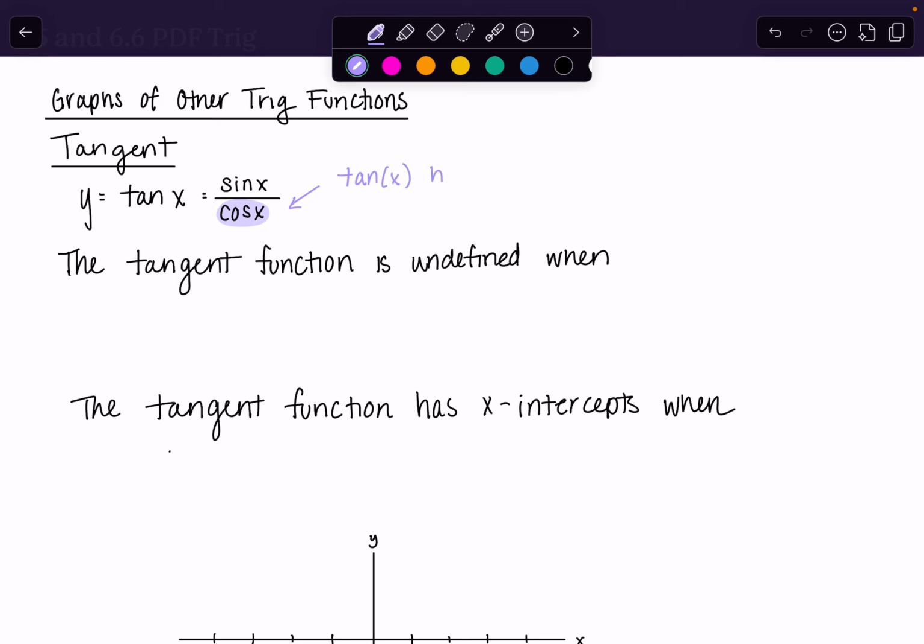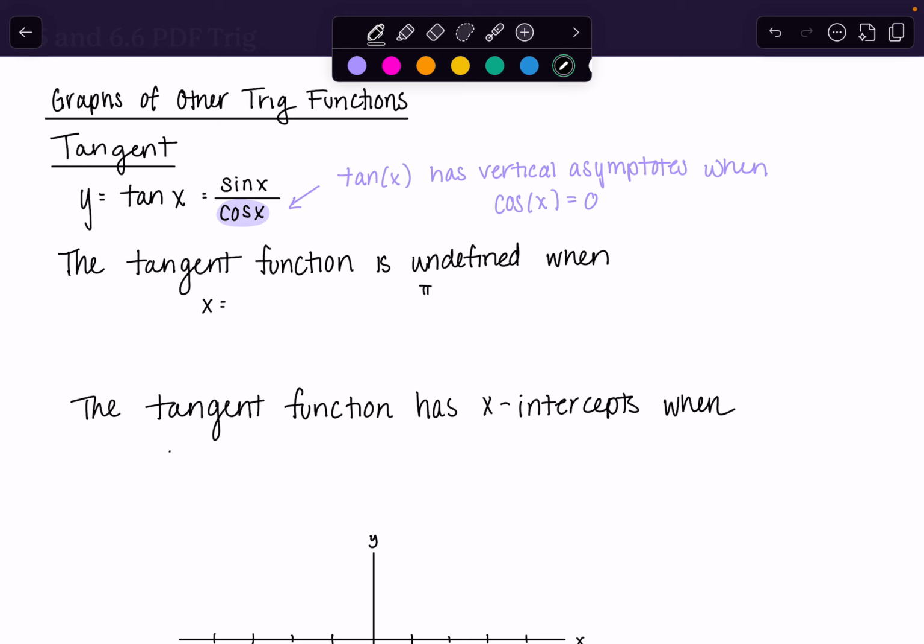So tangent of x has vertical asymptotes when cosine of x is equal to 0. If you think about your unit circle, that's going to happen on the y-axis, and those are the odd multiples of pi over 2. So ultimately, there are a ton of angles where you're going to have vertical asymptotes. The tangent function is undefined when the angle we're inputting